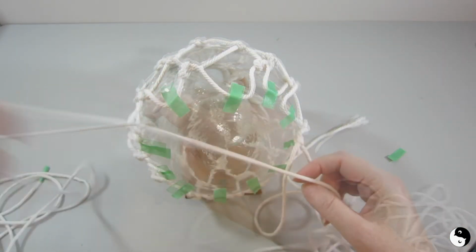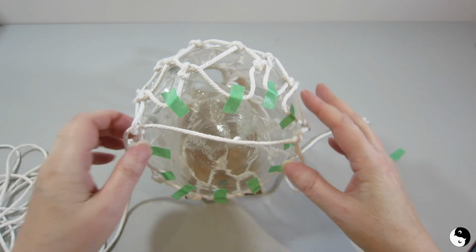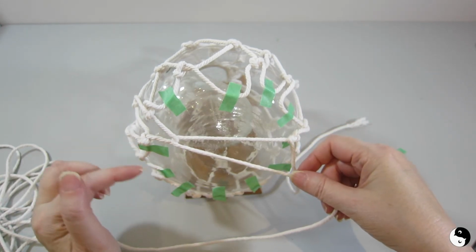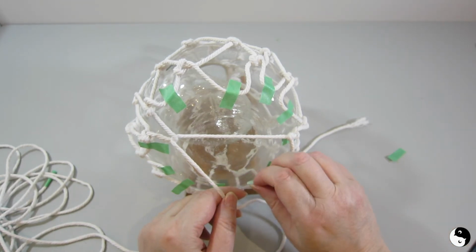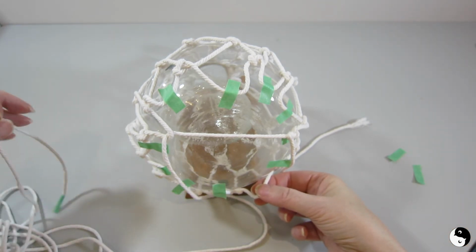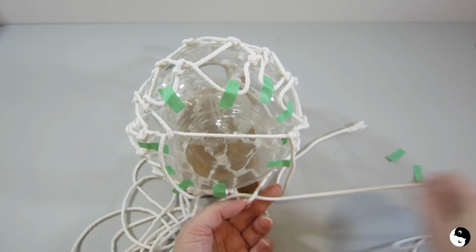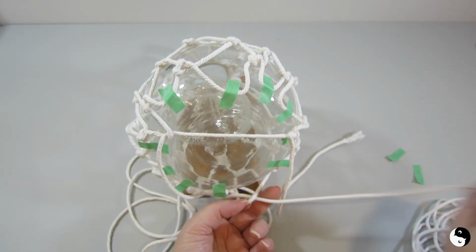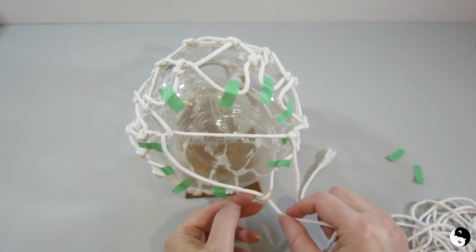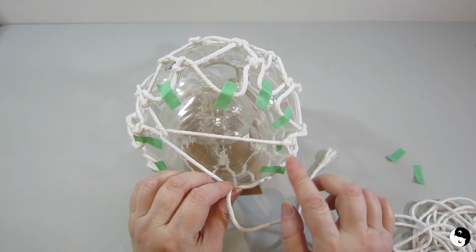So I'm going to come through here, just pull the cord right through. And then I'll tighten it up. Then I'm going to count over another 5. 1, 2, 3, 4, 5. Will be right here. And again, come through with the cord. I honestly didn't know what length I would need, so I cut off hopefully more than I'm going to need. Better to have too much than too little. So again, counting over 1, 2, 3, 4, 5,